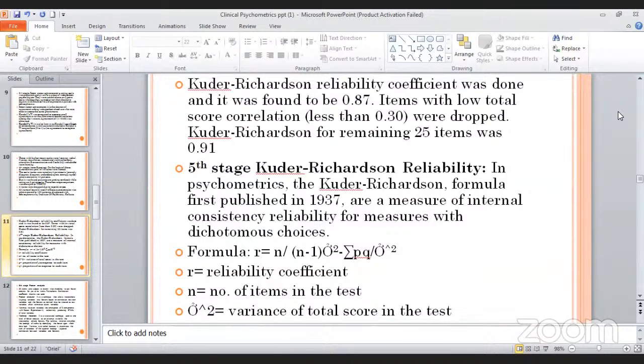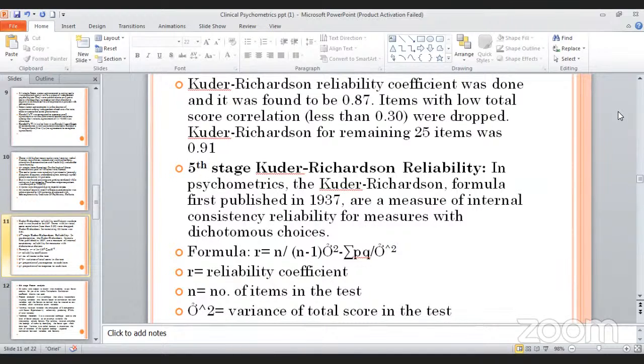That indicates which items are poorly consistent and which are highly consistent. So after the Kuder-Richardson reliability coefficient, the item total correlation was done, and the items which are poorly consistent